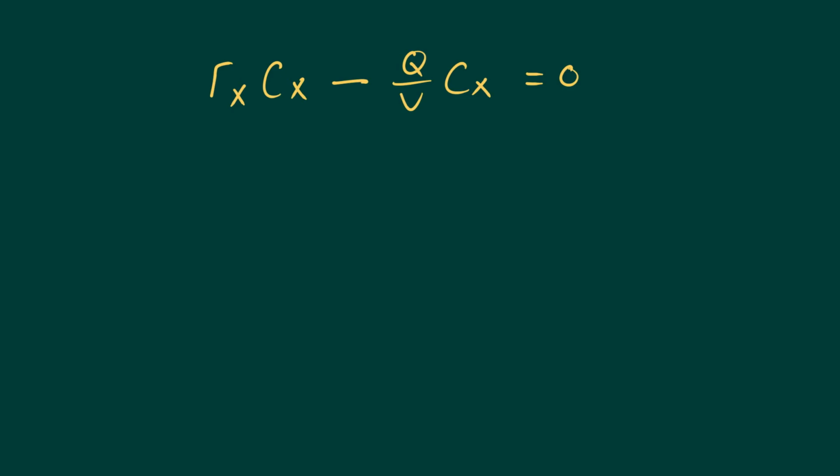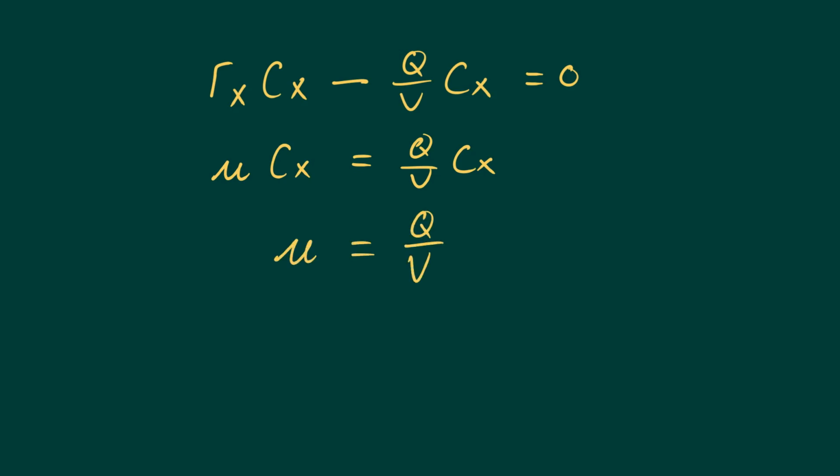So you'll remember that Rx is really the same as mu. So what we have here is that Rx times Cx is equal to Q over V times Cx. Now you can see the Cx can cancel out, and what you end up with is that mu is equal